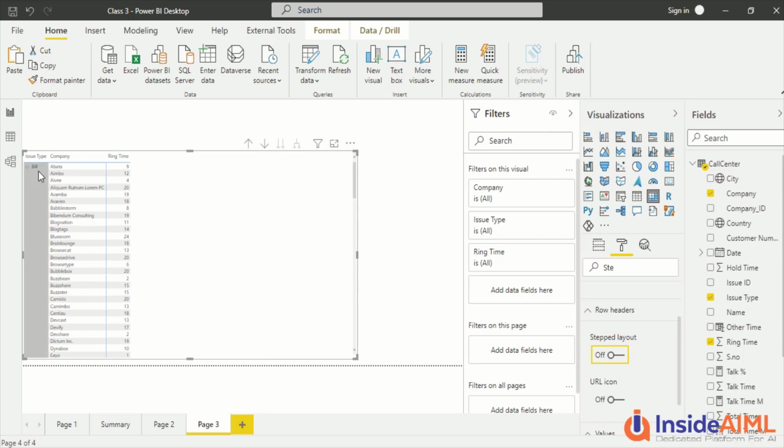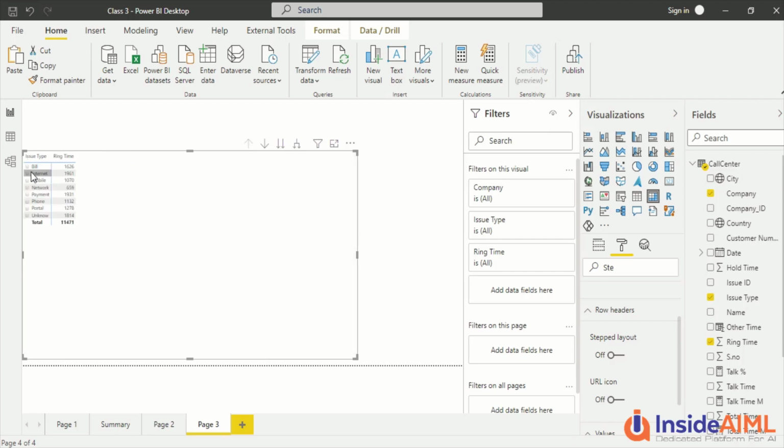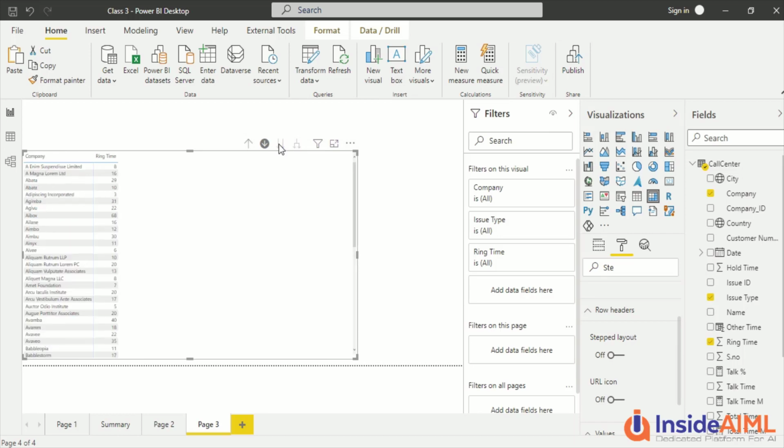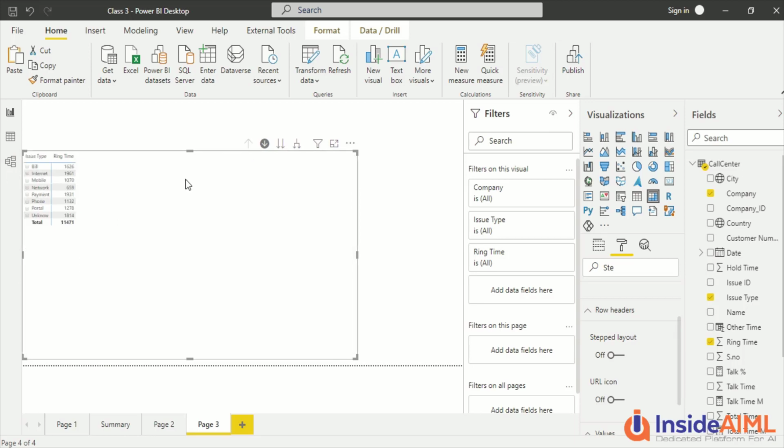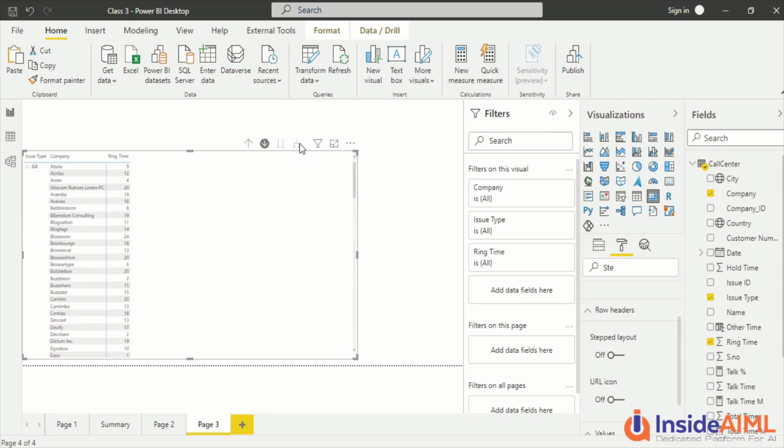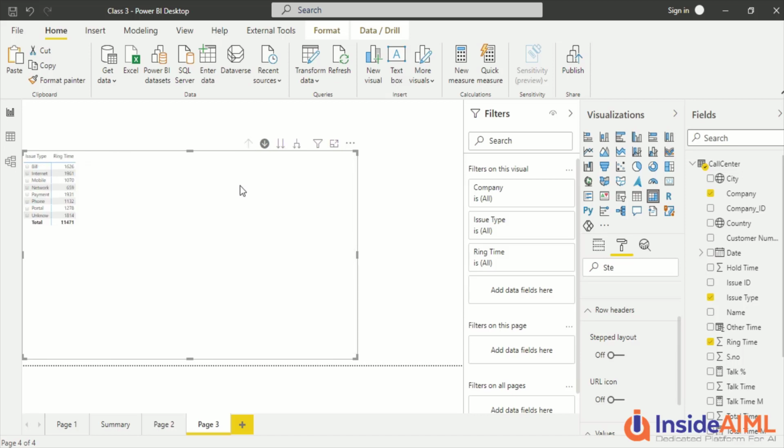Now I have done it by pressing this button, but I have these icons here. If I click here, from issue type I reach the company. Okay, I go back here. Now this was drilling down, and if I expand here, I actually expanded it with the plus button, and it's not only that I opened bill, I actually opened everything else also. I can go back here.